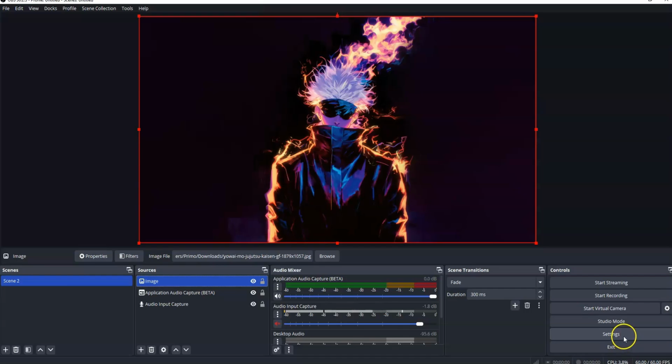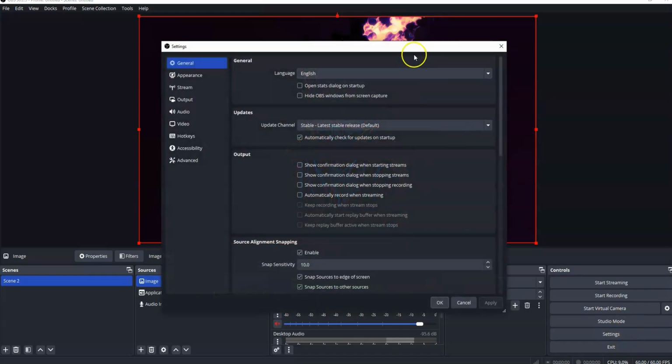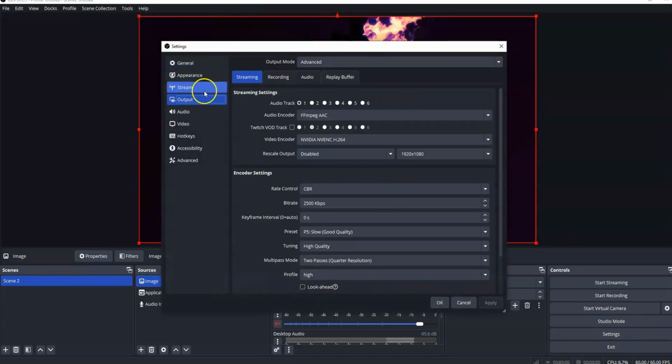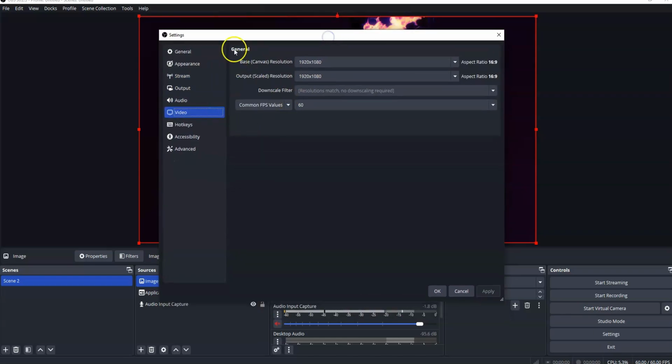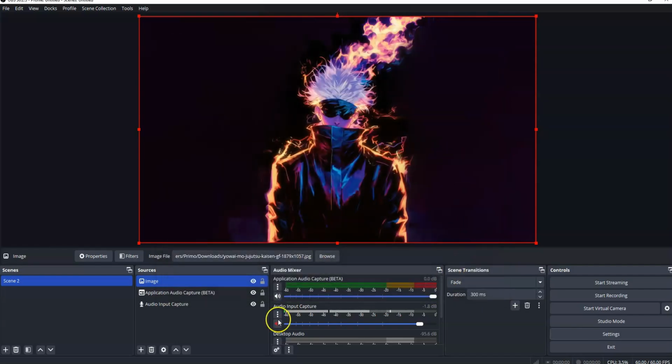Then always check the video resolution here in settings. Go to settings and go to video. Always check if the resolution is 1920 by 1080. Then apply and OK. Then the other step is right click,